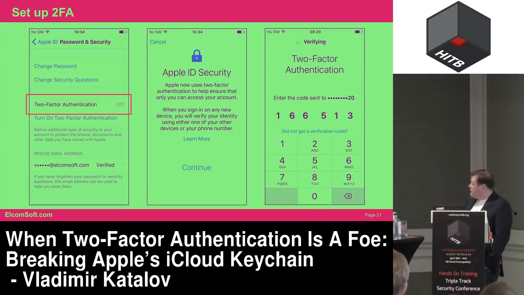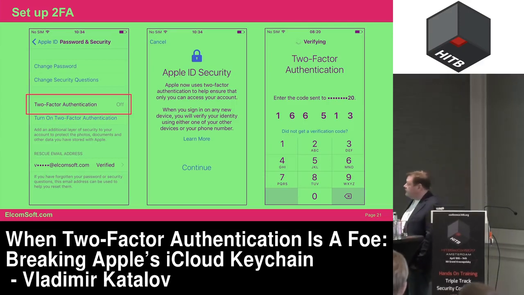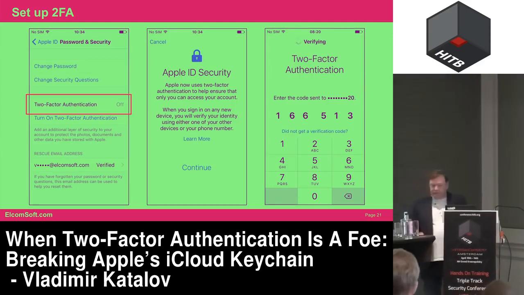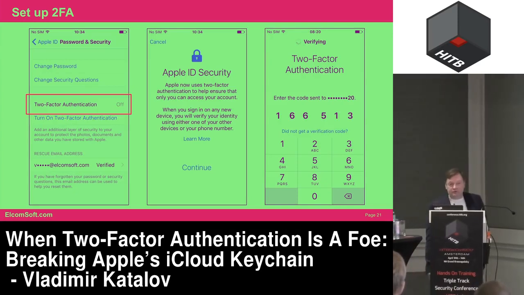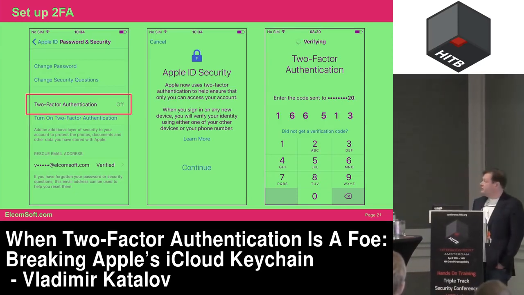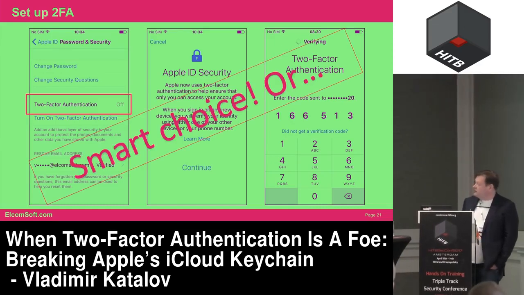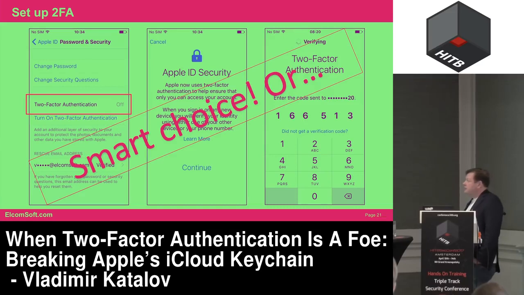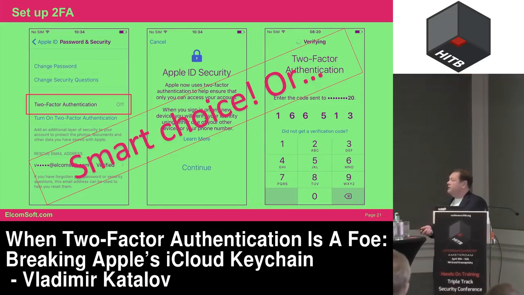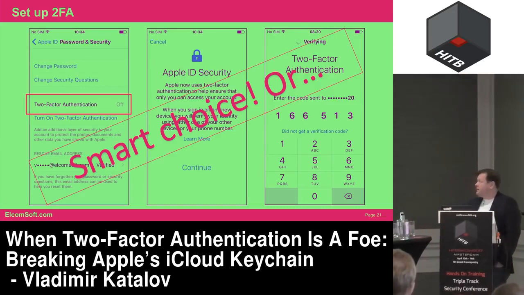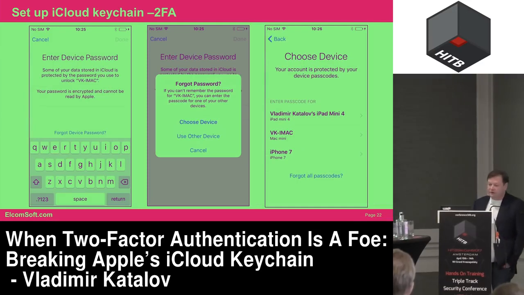And it's then easy. You will have to set up the trusted phone number to receive the codes by SMS in the case if the trusted device is not available. So it's much easier. Everything is obvious how to set it up, but still, that's probably not the best solution, because the security of the iCloud keychain actually depends on whether two-factor authentication is being used or not.